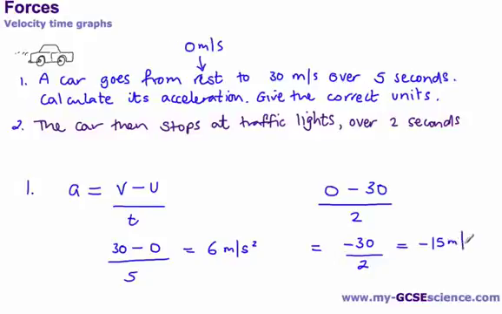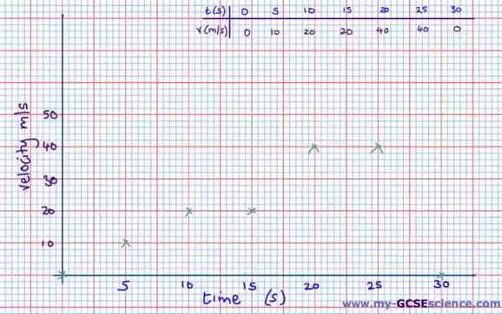meters per second squared. Okay, and this just illustrates the point that if you've got a minus acceleration and negative acceleration, that's the same as slowing down. Okay, and you show that with a little minus sign. Okay, so that's how you calculate your acceleration. The next thing I want to go through is looking at what the different parts of a velocity time graph means. So here we go, we've got the table from the first page up here, and down here I've drawn